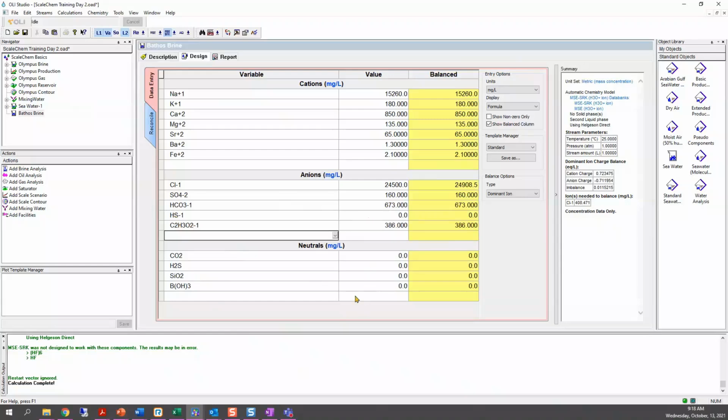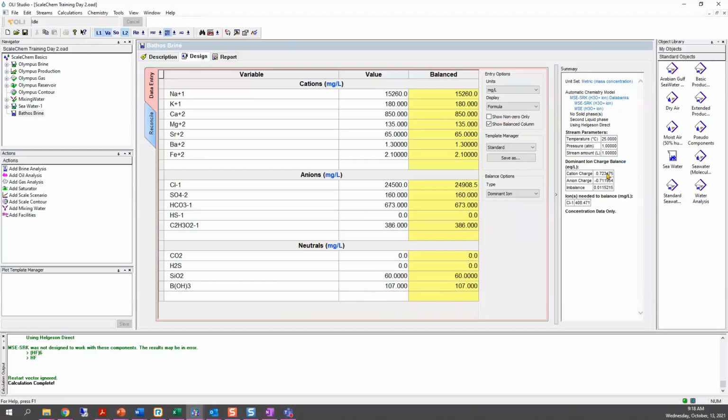For neutrals, we were given some boric acid, 107, and also some silicon dioxide, 60 milligrams per liter. So this is the information in the brine analysis. To the right, you can see the ion charge balance.